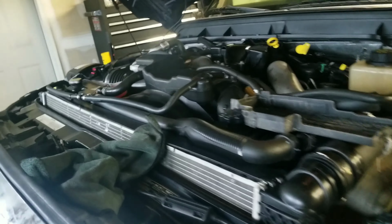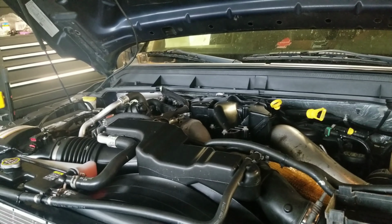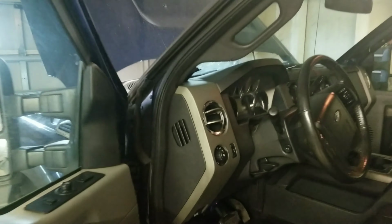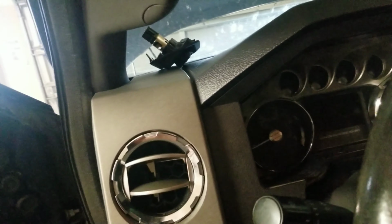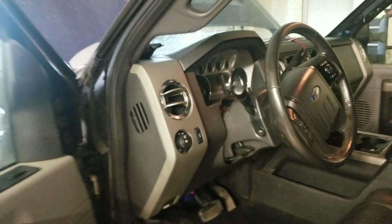Almost sounds like it's got a little skip to it, but I have heard that that's what they do when they have low fuel pressure, just because it's almost trying to start the truck, but it only has enough pressure maybe on 1 or 2 injectors to be able to do it. So yeah,